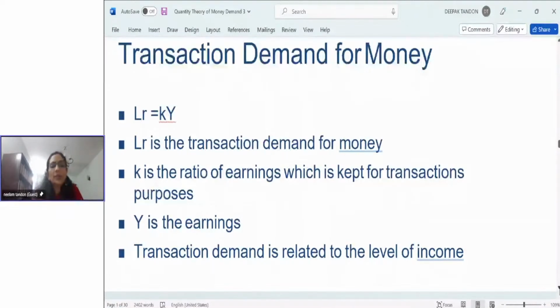2,000 rupees out of 10,000 rupees. The ratio of earnings which is kept for transaction purpose. So how much am I keeping for transaction purpose? So let's say my